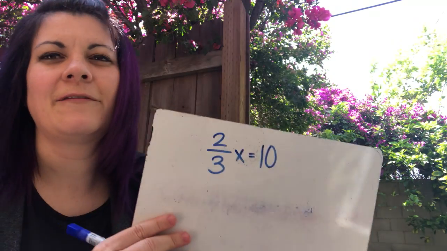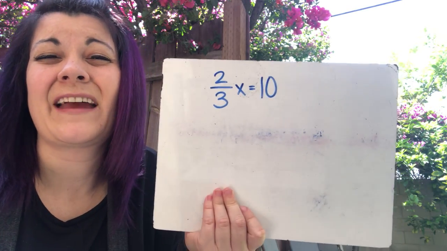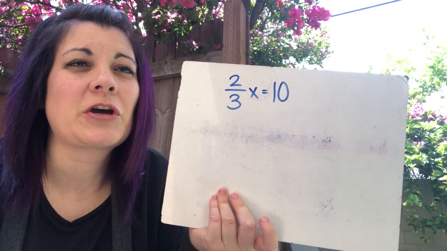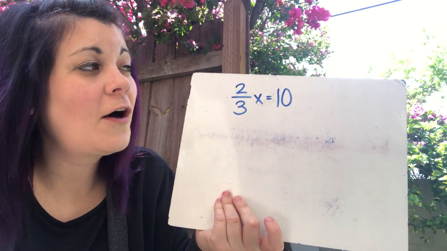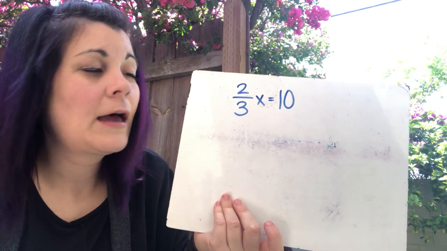This video is going to be over mixed number coefficients or fraction coefficients. So let's do a fraction coefficient first. If we have 2/3 x equals 10, so this fraction's coefficient, then to solve this, this is